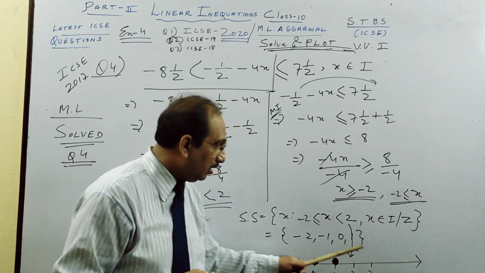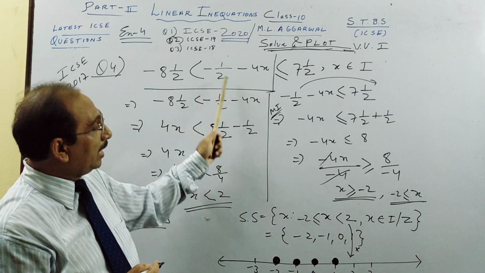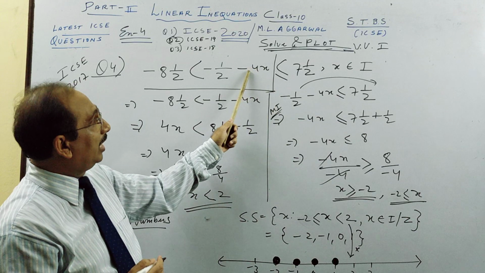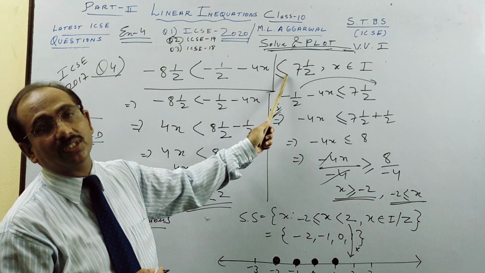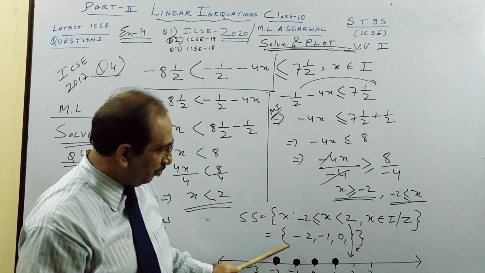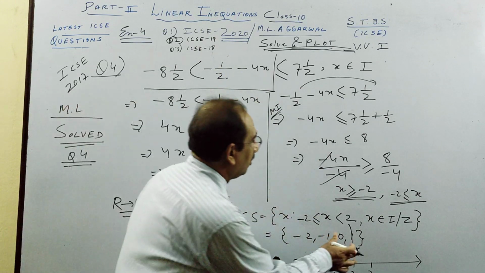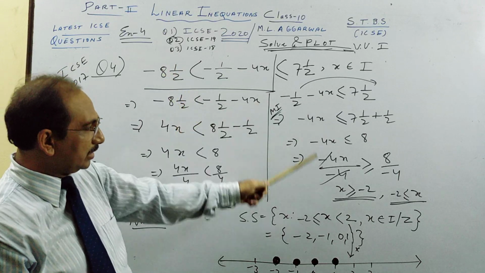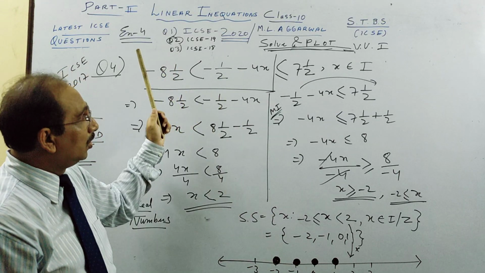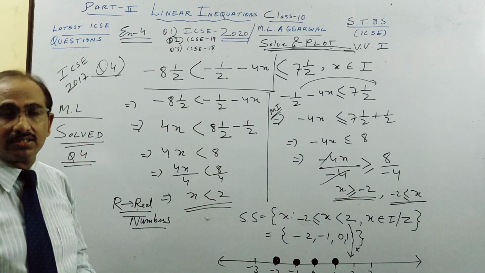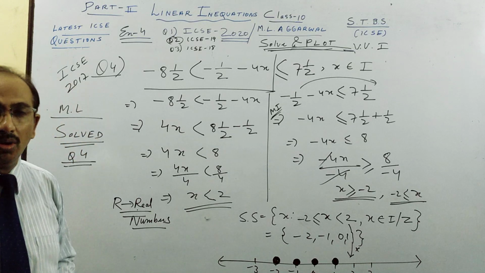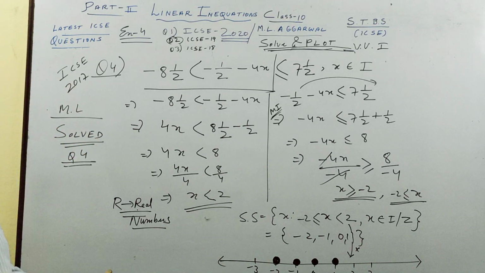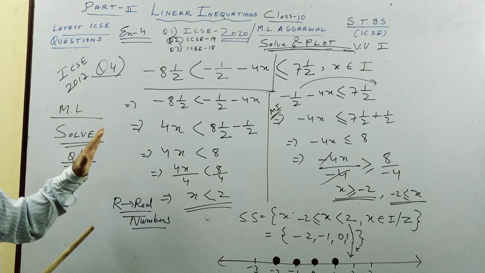Integers we have many things, but this will satisfy my equation. So you can put down the value, and very interesting thing you will see how these 4 values satisfy this. One is here, okay, otherwise it is not satisfied by any other integers. So please pause the video, practice, do all ICSE questions, do all solved and then do unsolved, and maybe in my next video I will try to do a few more questions, but this was the main.